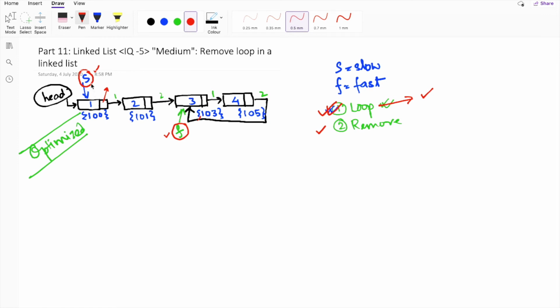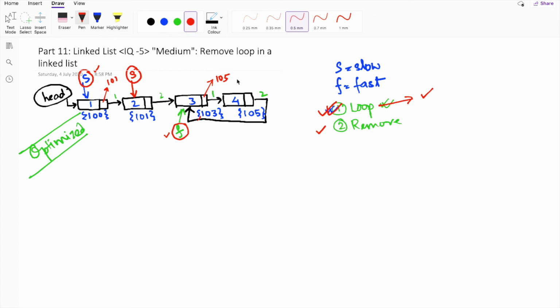So we will check whether the addresses of the next location of the two pointers are equal or not. Here in this case, the slow pointer is pointing to location 101 and the fast pointer is pointing to 105. So it doesn't match, so we will move the pointers forward one step. Our slow pointer will point to the next element, that is 2, and the fast pointer will also move one step.